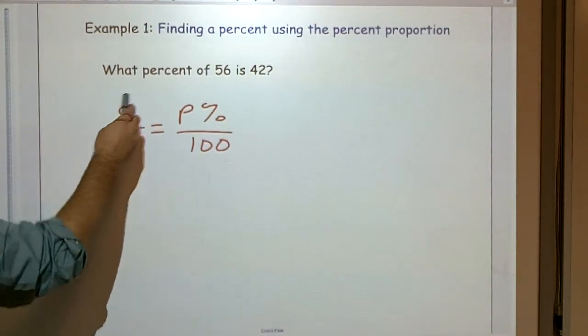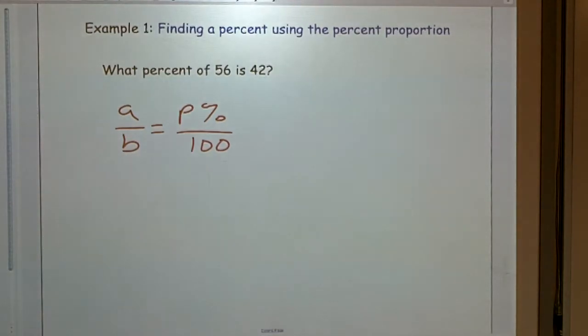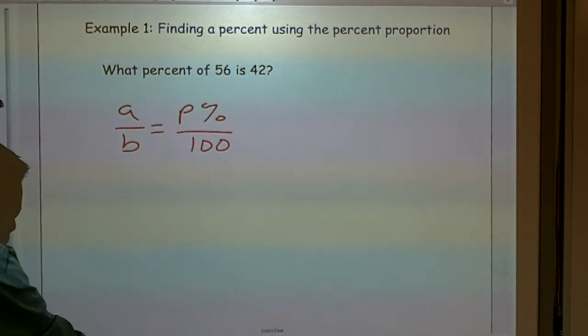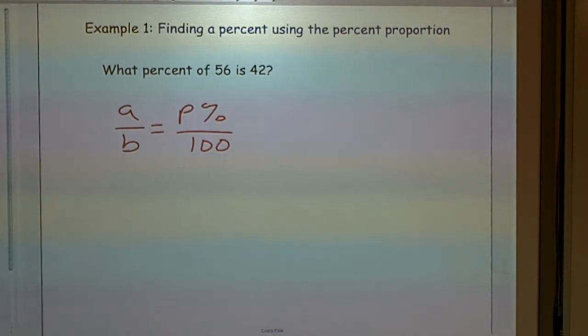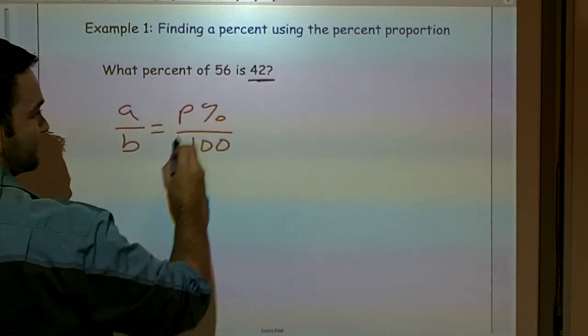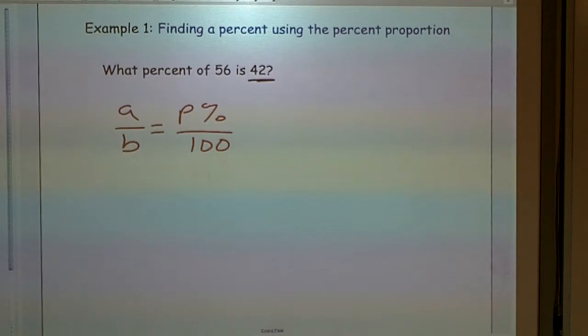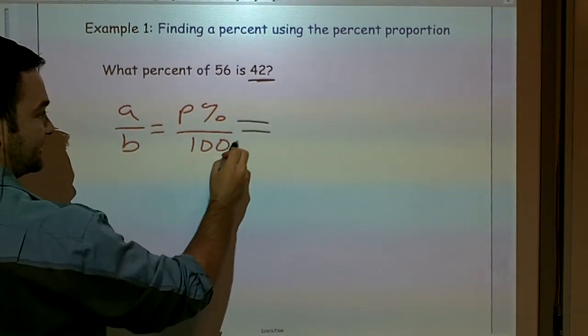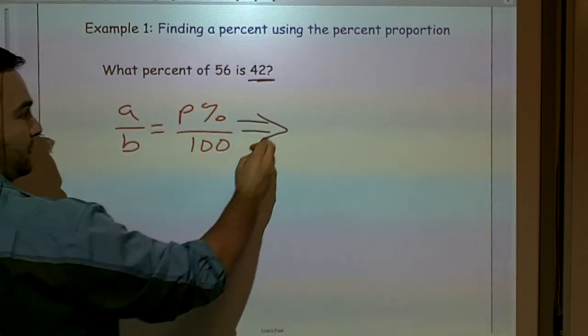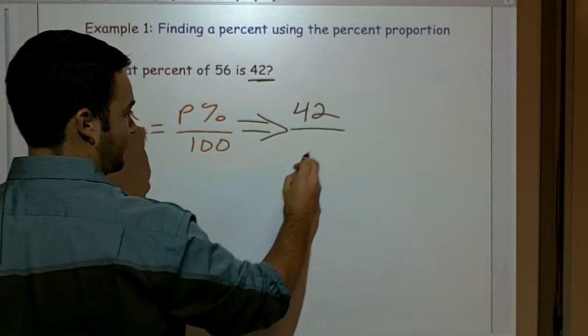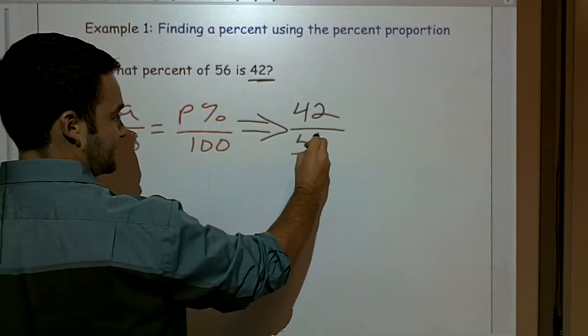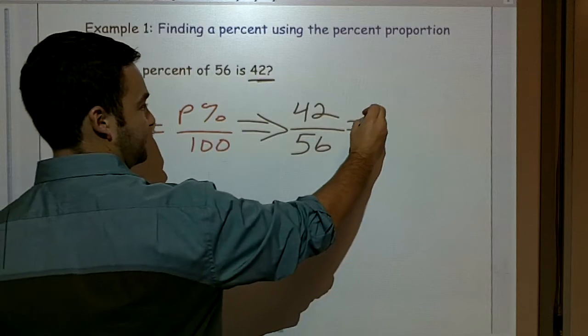Think about that for a second. 42 would be our part. We're asking what percent of 56 is 42, so we translate this into 42 being our A, or our part, over 56, and set that equal to P percent